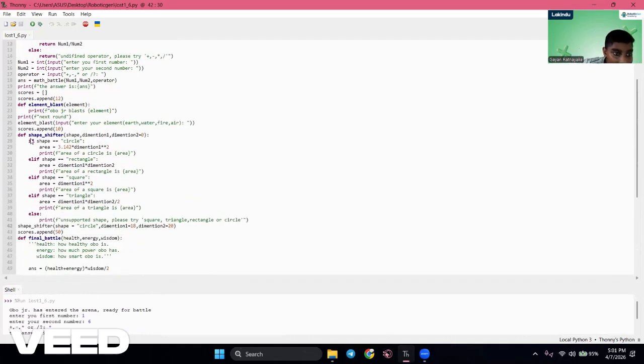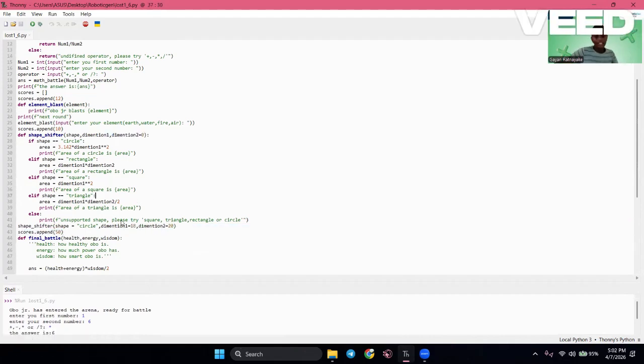In the shape shifter part, we have given the dimensions as 18 and 20, and because we don't need the first one, we've also put that the second dimension is 0 because we only need the radius to find the area of a circle. And the same thing basically applies for all the other shapes.